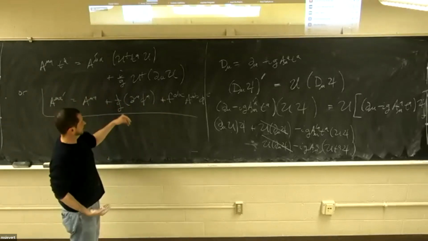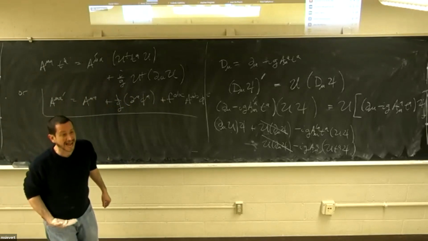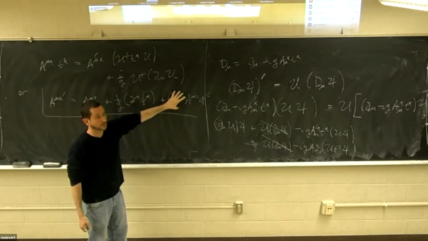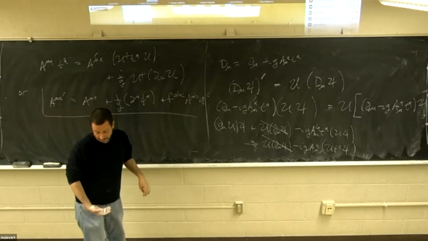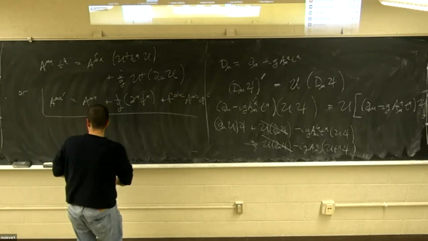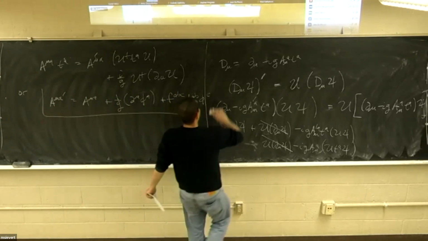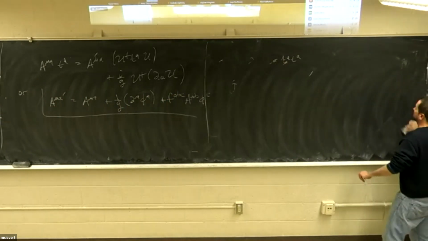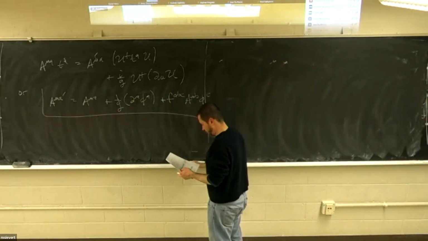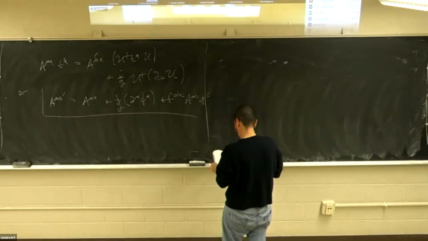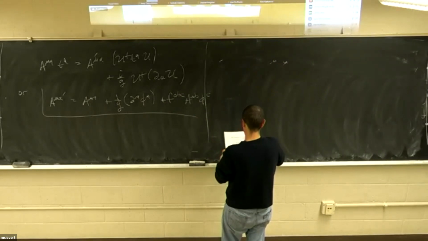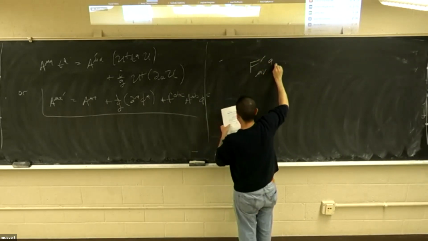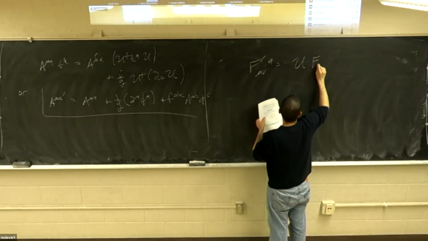So this transformation is not so passive, if you put it that way. It's not just adding a scalar mode and you get rid of it. It's now coupled to an interaction, which is entirely related to the fact that the free kinetic energy is not gauge invariant. So if I take that transformation for A, it's much easier to express the transformation in terms of F mu nu. The transformation in terms of F mu nu is F prime mu nu equals U F mu nu